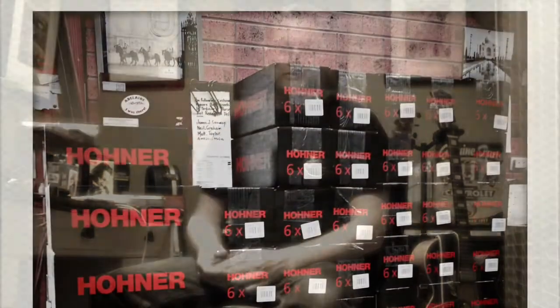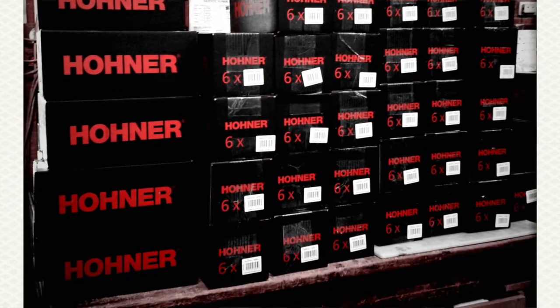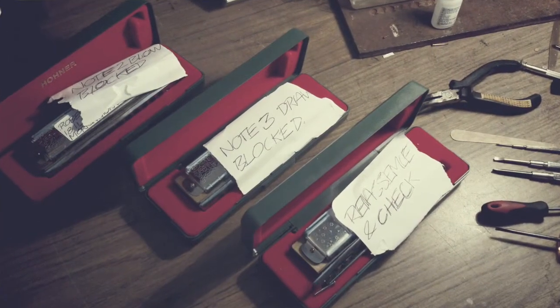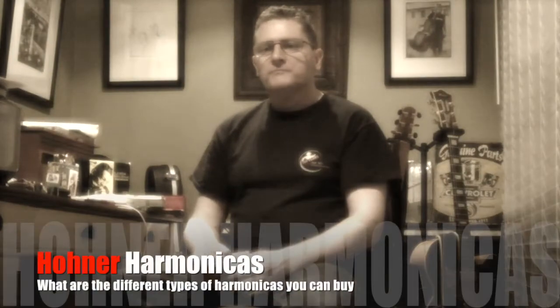I'm the harmonica technician for Hohner in Australia, and I work for Kurt Jacob and Company, who are the wholesale distributors of Hohner harmonicas, accordions and all sorts of other things in Australia, and been doing that since 1938. So I've been repairing harmonicas for about 25 years, and I get a lot of questions from people ringing up,